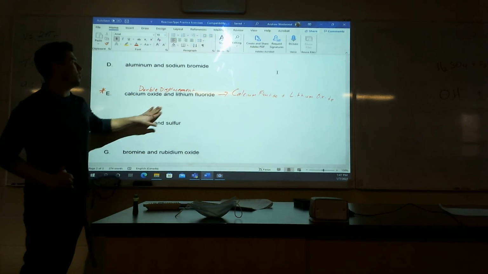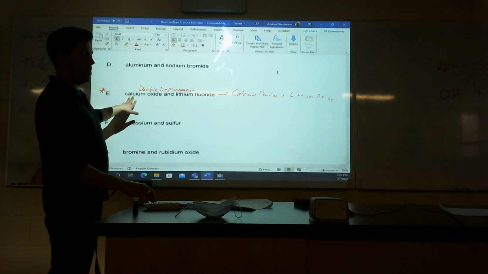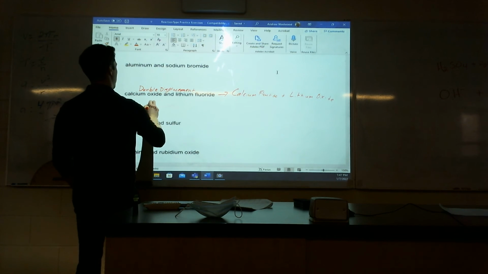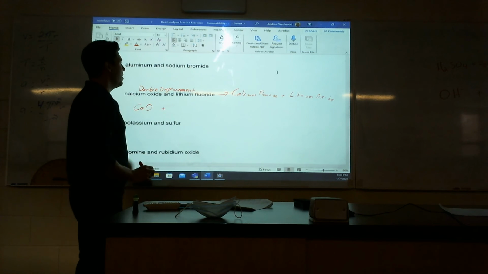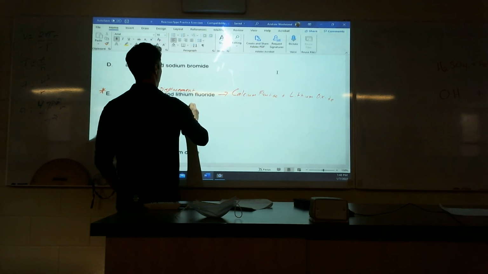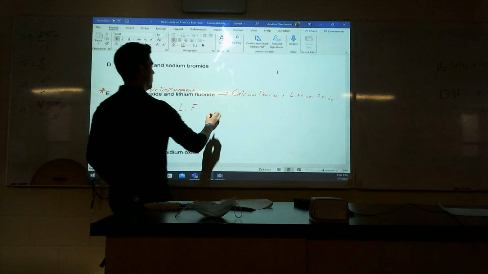Now I have to make sure I know each one and how they go together. So how does calcium and oxygen go together? This is a nice 1-to-1 ratio. CaO. Plus, how does lithium and fluoride go there? Nice thing is, again, this is a nice 1-to-1 ratio. LiF. So there's my beforehand. It turns into